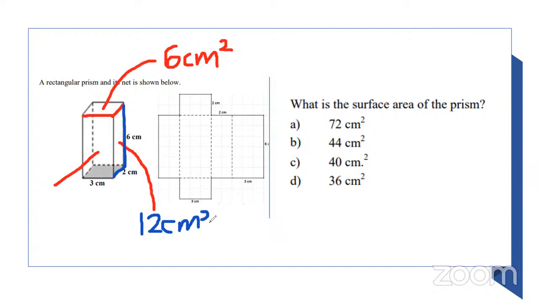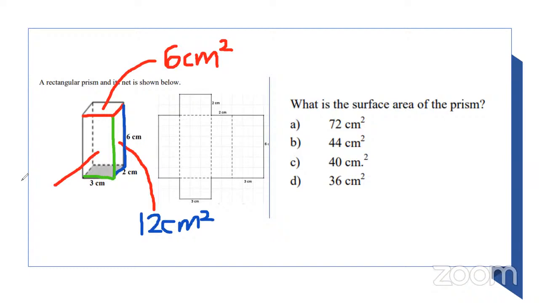Let us look at the front face. For this front face, let's look at the length right here. If this part is 6 centimeters, it means that this is also 6 centimeters. And right here it is showing that this is 3 centimeters. So length times width, 6 centimeters times 3 centimeters. 3 times 6 or 6 times 3, that would be,